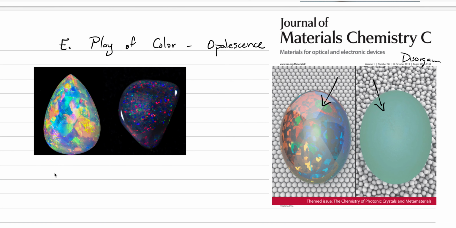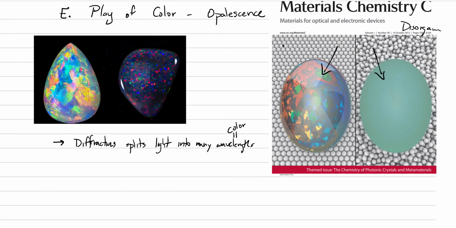And so the main process to get play of color is diffraction, which splits light into many wavelengths. And when I say wavelengths, that just means color, right? Those are synonyms. And so what ends up happening is that it's these surface imperfections in the mineral that create the opportunity for diffraction. In opal,